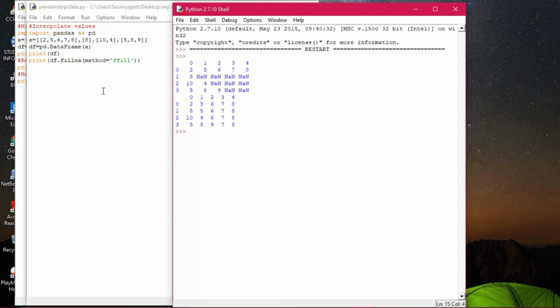Now interpolation has taken place here, that is print df dot fillna method ffill has been applied here. You see, where is the nan now? 5 is here, and then 5 has come over here, and 6 is here, and 6 has come over here, 7 is here, 7 has been copied, 8 has been copied as well, and 7 8 has been copied. So wherever the nan was there, everywhere the values have been filled. And the values have been copied from the just above column. The same value has been copied. If you follow the output, you can understand it more clearly.